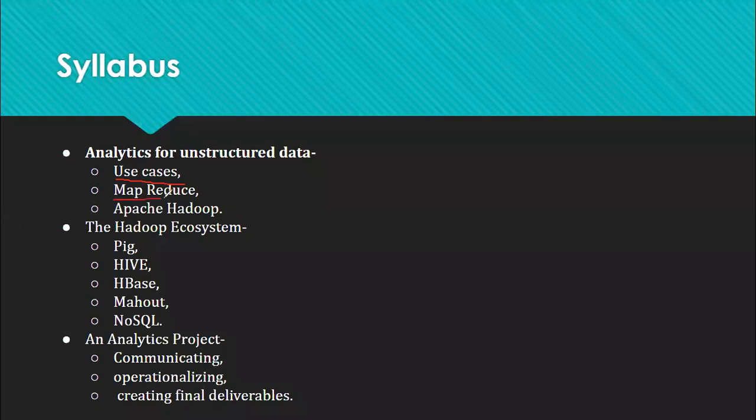Then second is MapReduce, which we have seen in detail. When a job is given, we have seen the example of word count, how the work is divided into the mapper, how the mapper works, and how the output is generated in the form of key value pairs, which is also handled by the shuffler and sorter. The output of the shuffler and sorter is given as an input to the next level, that is the reducer, where the reducer actually generates the final output, combining all the output and generating the output file.